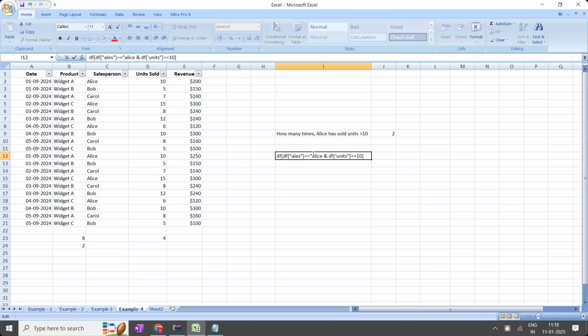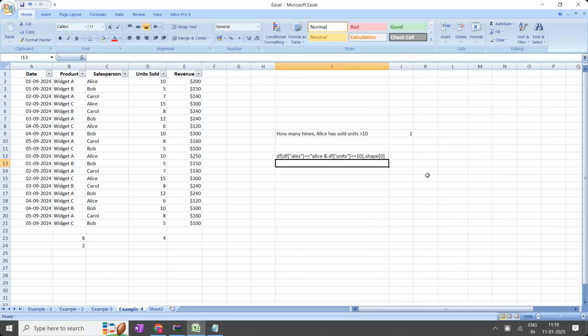But my requirement is not to get the filter now. Output is the number of records. So dot shape, within the shape I'll get the number of records comma number of columns. I'm going to add the index 0, then I'll get the number of records. You'll get the same answer whether you do it in pandas or in Excel. After seeing today's class, some offline 10:30 batch students will ask, can't we do this in pandas? Some students will ask, can't we do the same thing in Power BI? Do it, the answer will be the same. In Excel, I am explaining how to do it. Is the point clear?